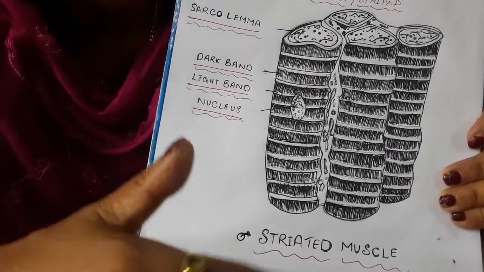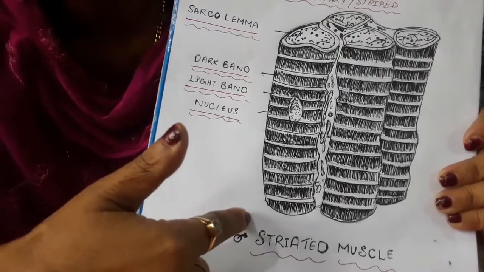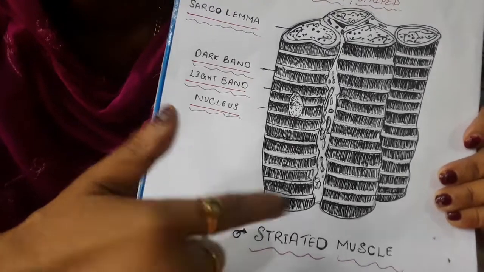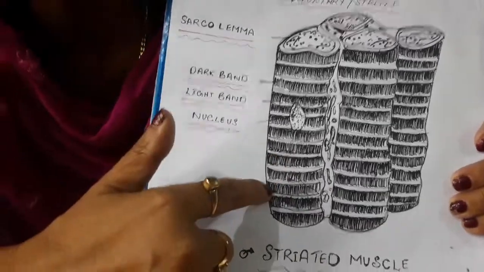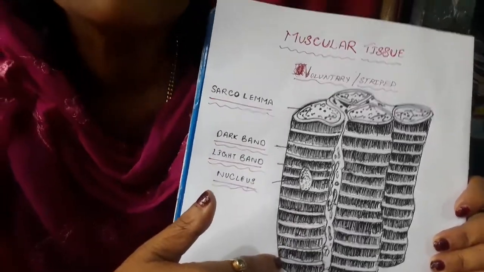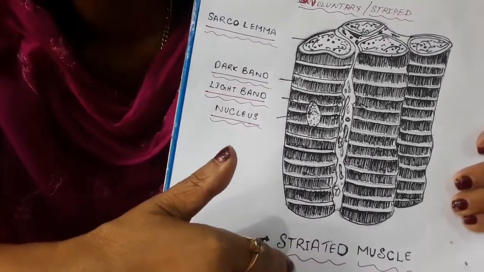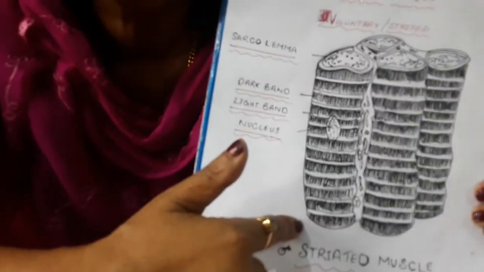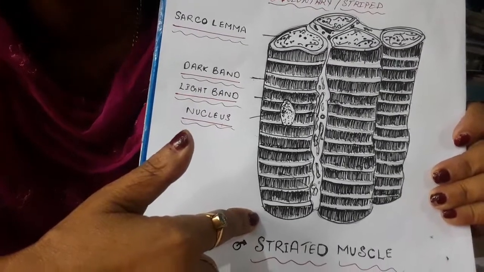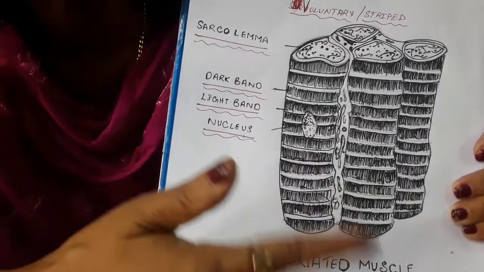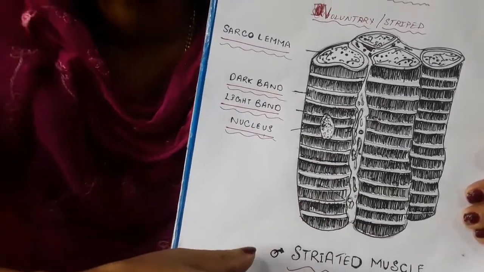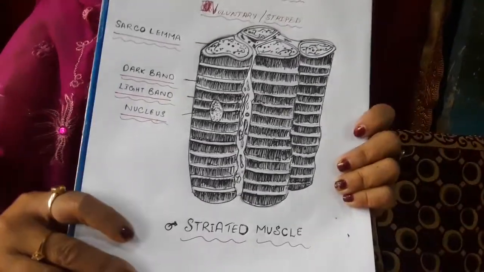Okay. Now, these muscles are also called skeletal muscles. Why? Because these muscles are found attached to the skeleton. That's why they are called skeletal muscles. The biceps and the triceps come under these voluntary muscles. So, let us go through the